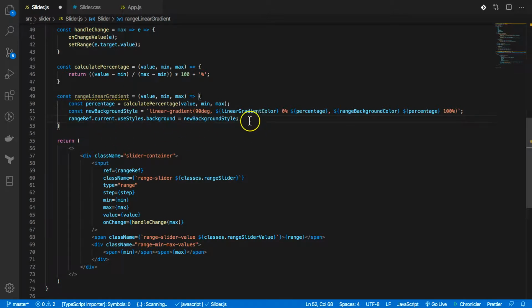This is just all we need to do right here. Calculate the percentage, set the linear gradient, or calculate the linear gradient. And because we are using the React hook, if you are not using React hook, you are using normal JavaScript, getElementsByClassName or getElement or querySelector, you don't need to call this current. If you are using querySelector by the class name, all you just need to do is range or range